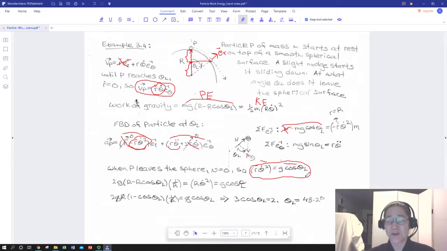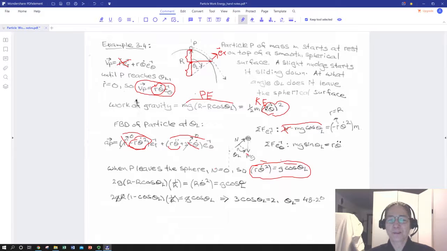This does answer the question, but like we've seen before, that's a differential equation. I bet when they say at what angle does it leave the sphere surface, they wanted some algebraic expression. Drat. Well, let's see. What's really hanging us up is this term. We'd really like an all algebraic expression for theta L in terms of mass and gravity and something like that. Have we seen this term elsewhere? Oh, good heavens, there it is right up here